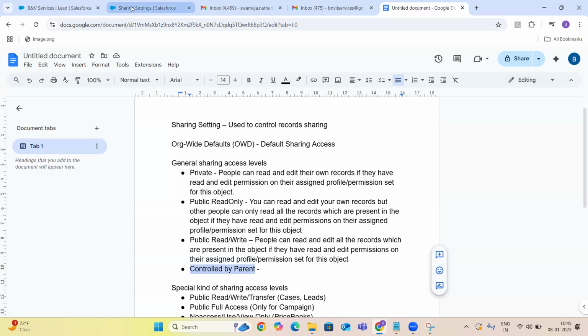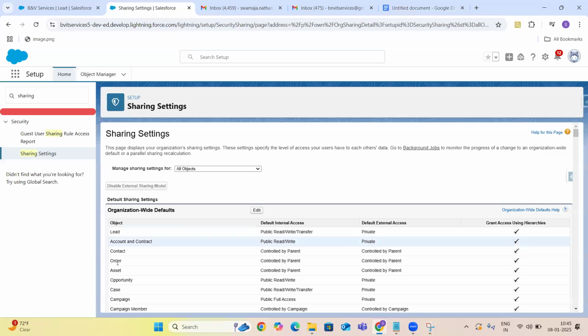If we go to our sharing settings, contact. So account is the master object for contact, right? Whatever access level you have selected here, the same access level applies for contact.